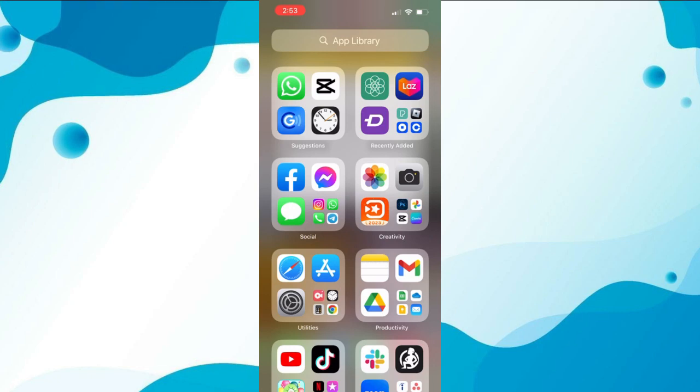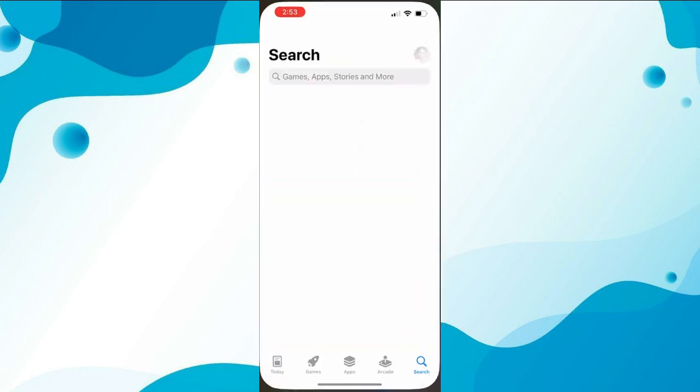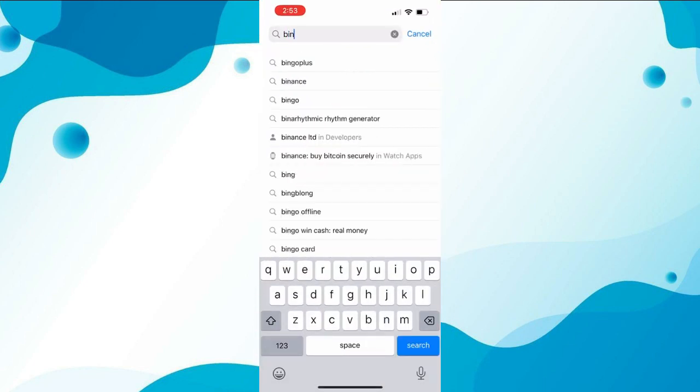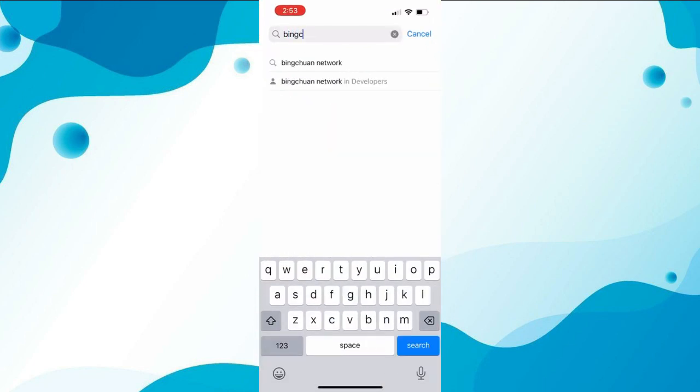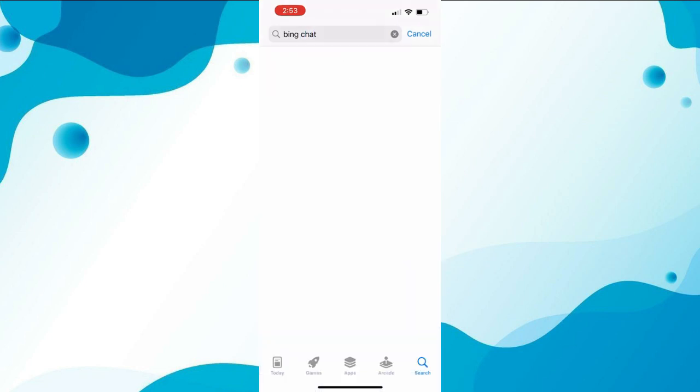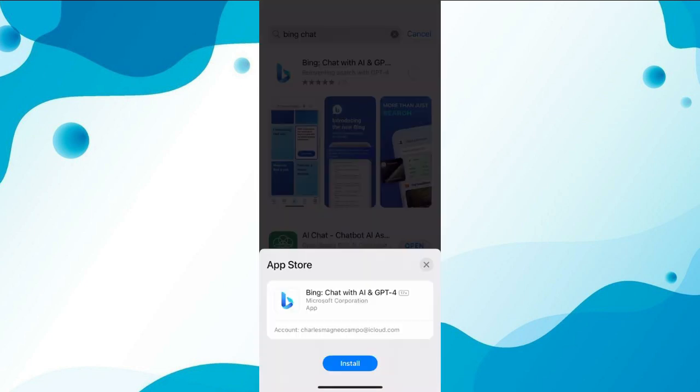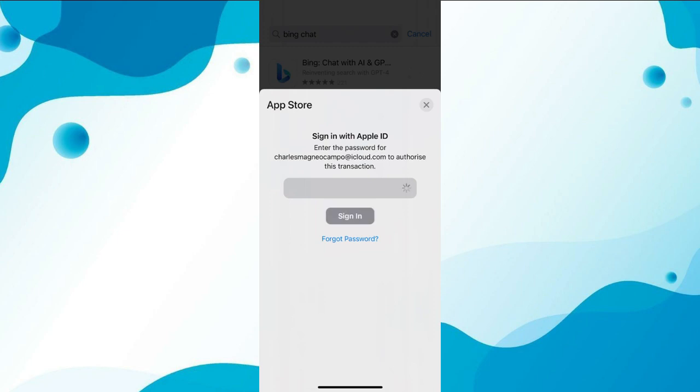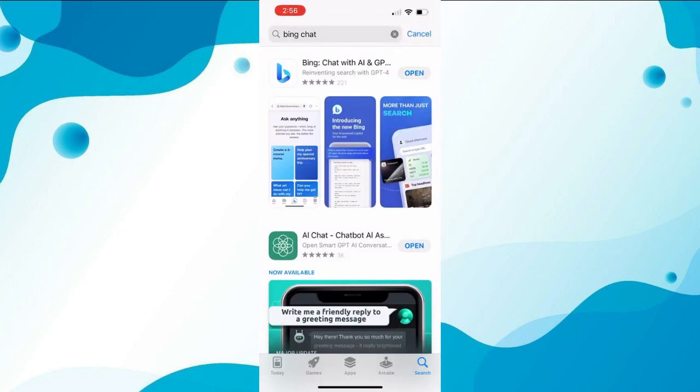To do this, you open your Google Play or App Store application, search for Bing, and download either the Microsoft Bing Search, Microsoft Edge browser, or Skype communication apps. Once you've downloaded one of these apps, open it up. In the home section, you should see a Let's Chat option that allows you to start using Bing Chat on